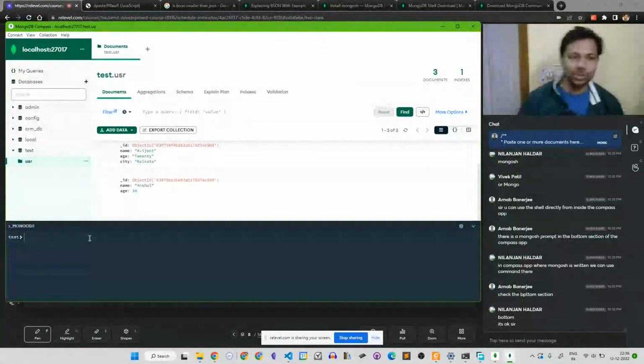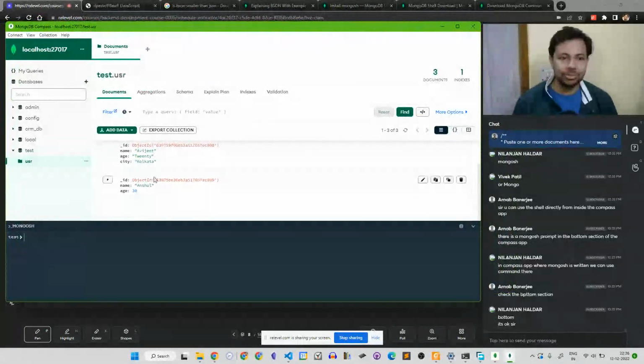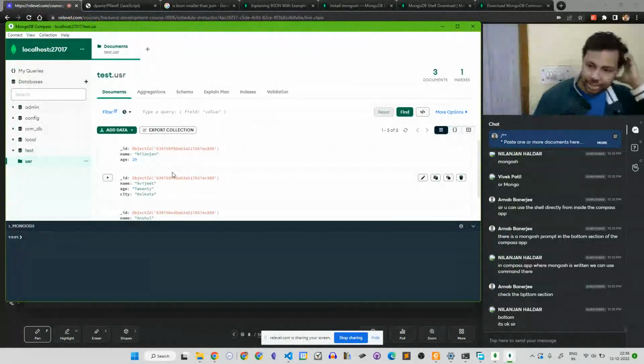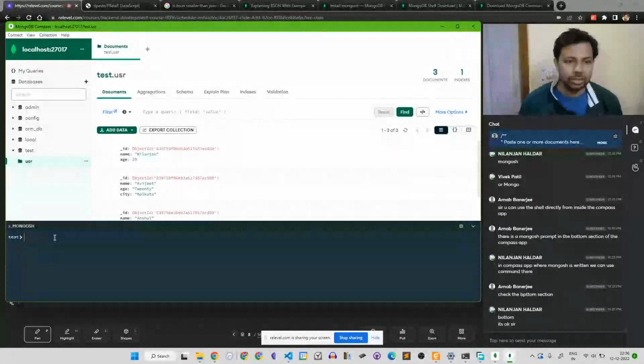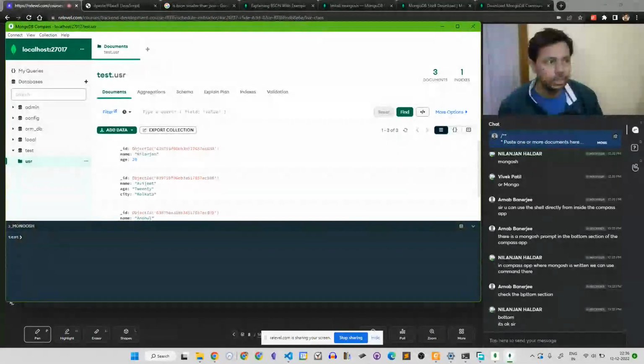So now what you can do is, suppose you want to see some data, you can run a bunch of commands here. Let's run a command called find.